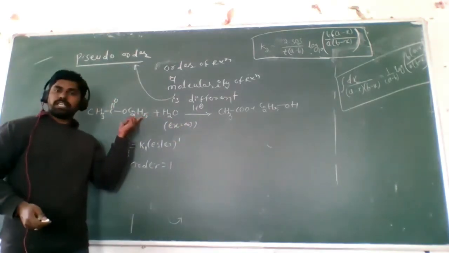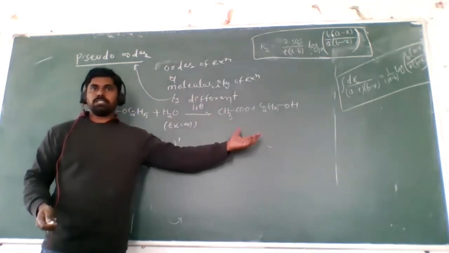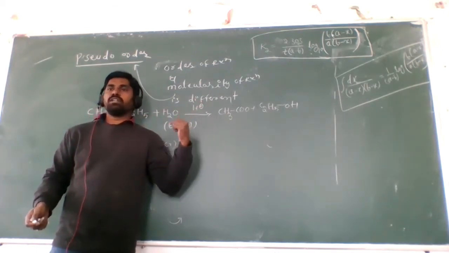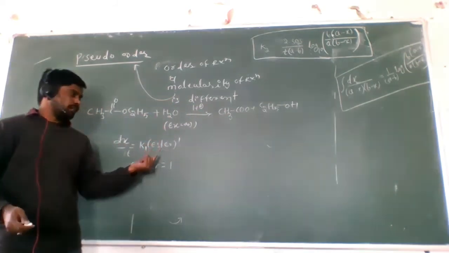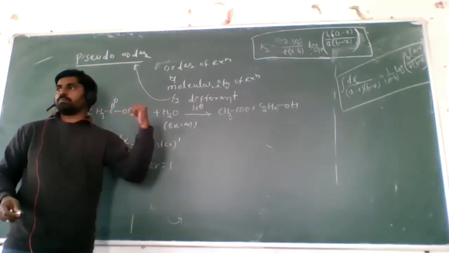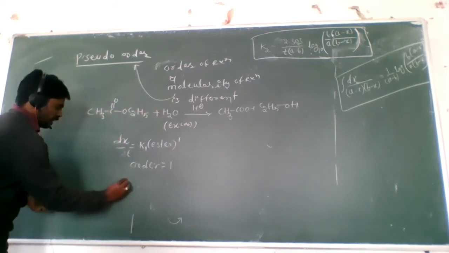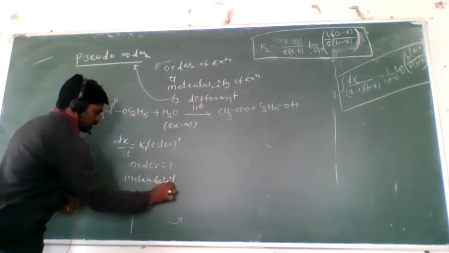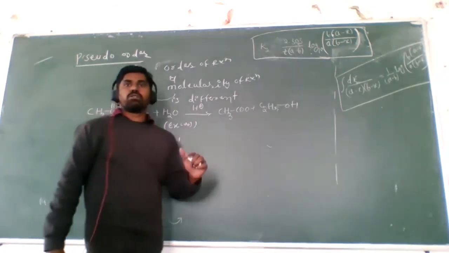But here in the reaction, there is involvement of ester along with water. Both two are reacting together, forming alcohol and acid. Here, in this pseudo order reaction, the water molecule is in excess amount, but it does not influence the rate equation. Only the ester influences the rate of reaction. So we take the order of reaction as 1, but molecularity is 2. The two reactants are participating in this reaction. Yes or no? One is the ester, one is the water. Do you understand? Right, so what is the molecularity? 2. So this kind of reaction we call the pseudo first order reaction.